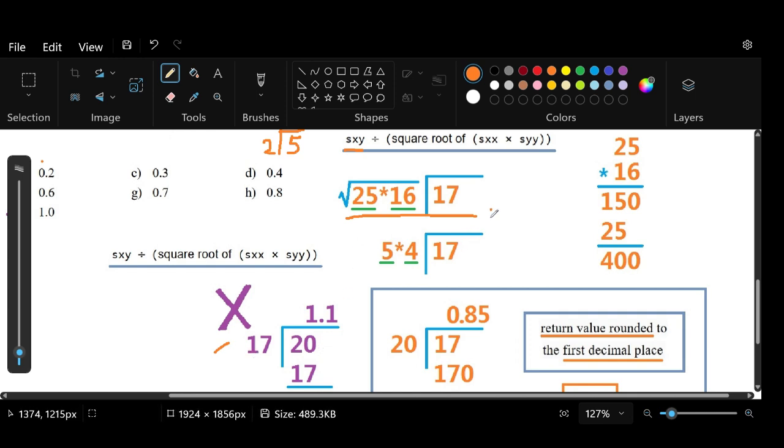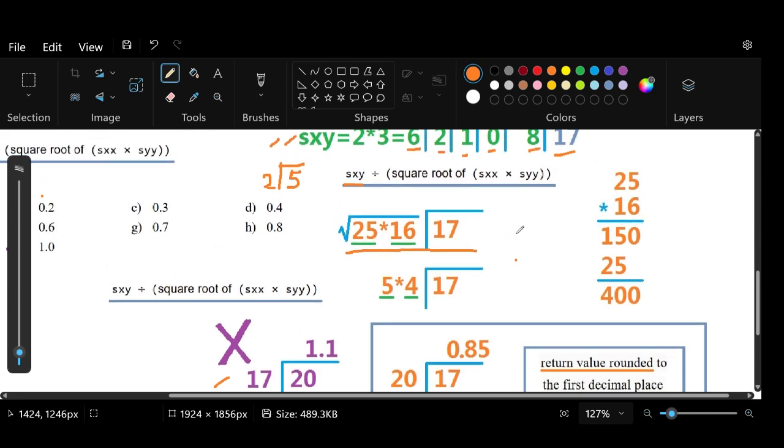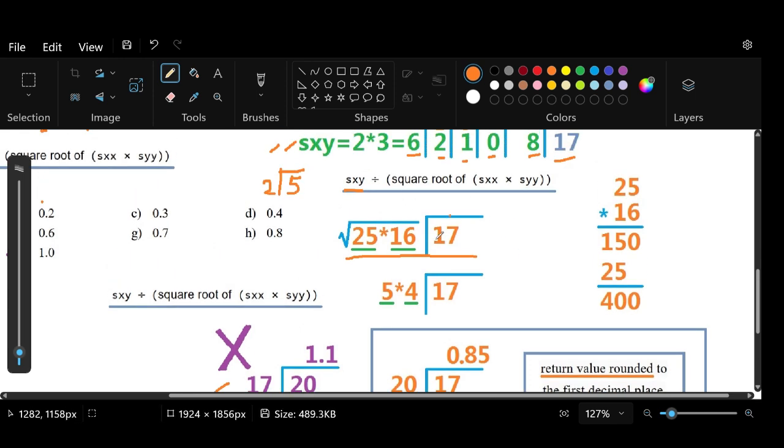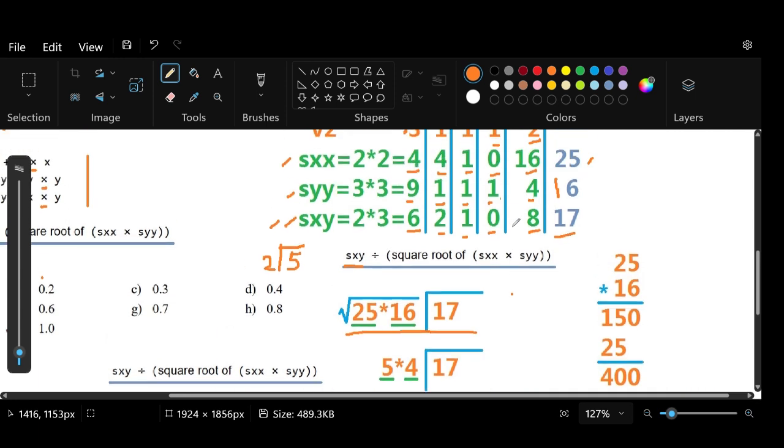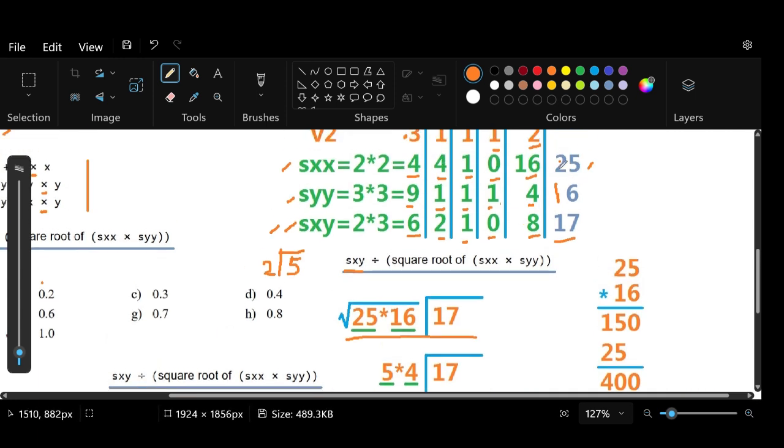However, I think too that the fact that there's a square root here also contributed to the way I thought, because I remember that usually if you have square roots, you better use a calculator. But in this case, I think that if we plug in the values for sxx and syy, we have 25